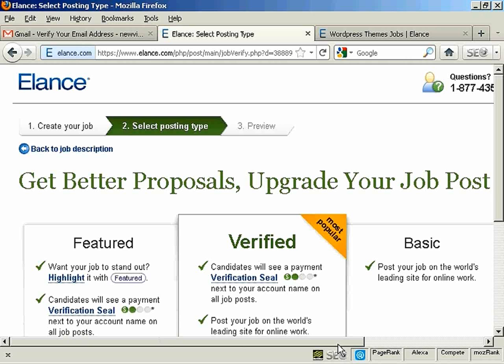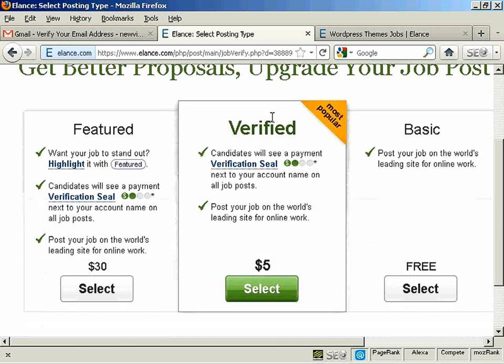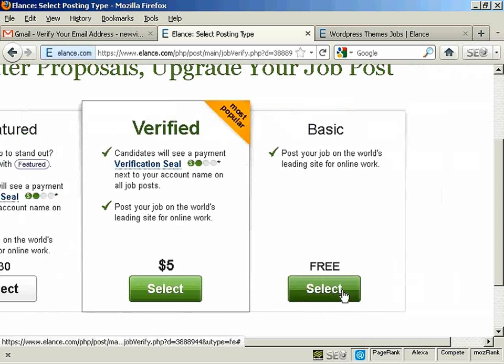Then you can decide which type of listing you want. You can have it as featured, you can have it as verified, and that costs $5, the featured $30, or you could just have the basic listing, which is free. For this demonstration I'm just going to select the basic listing, so click on select,